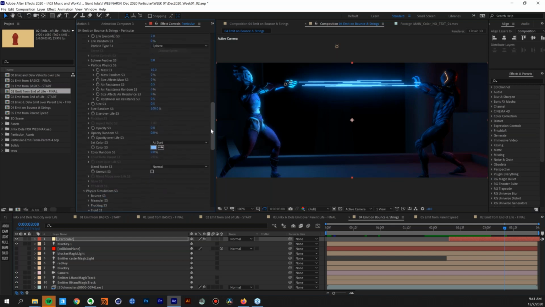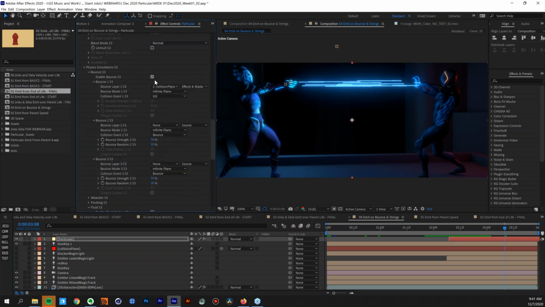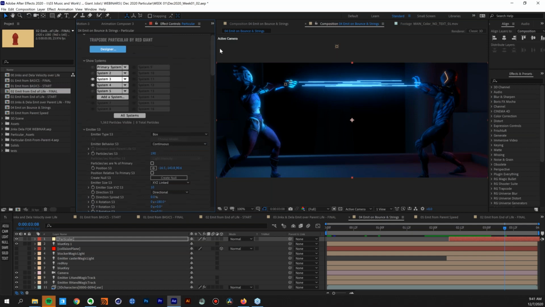So I set up the physics here. I enabled bounce in the physics simulation, chose the collision plane, and had the parent particles die. So those little dots that I showed you earlier die out when they hit that solid. So then what I did here is I had this new system